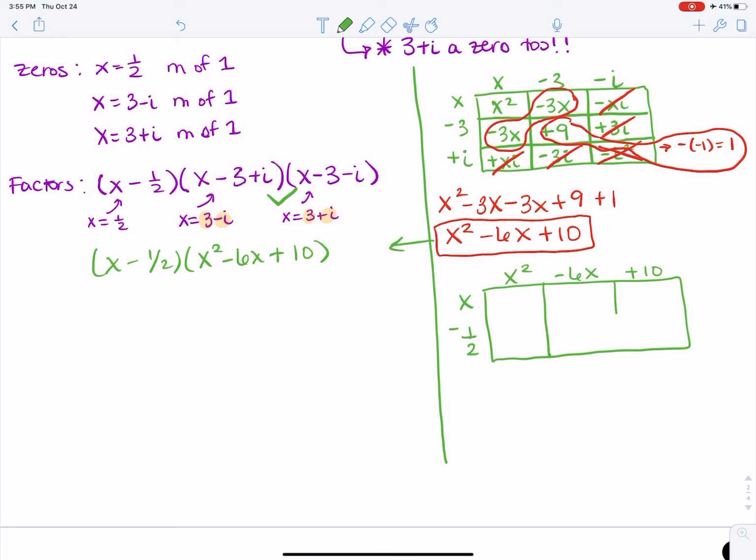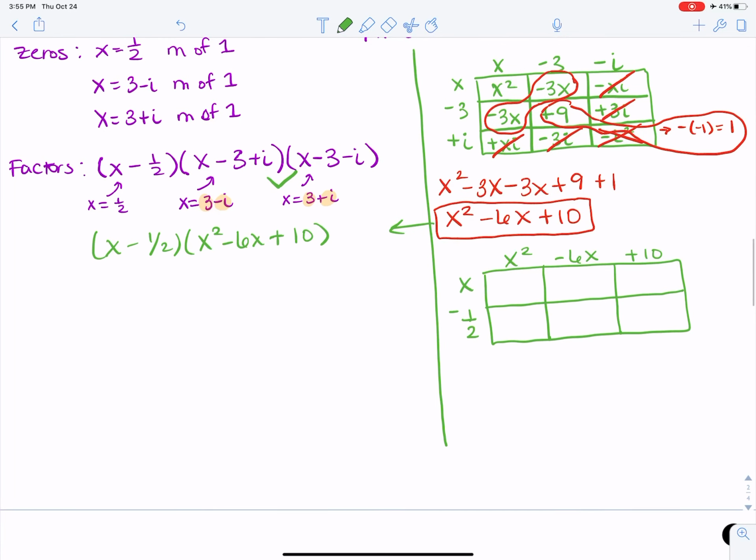Again, you can multiply this with the FOIL method if you have it. But the majority of us, I guess we like the box. Well, I'm just doing the box. So x to the third. Oh, there's our third degree finally. Now x squared and negative 1/2 is,